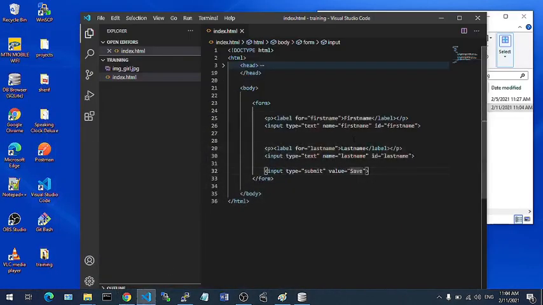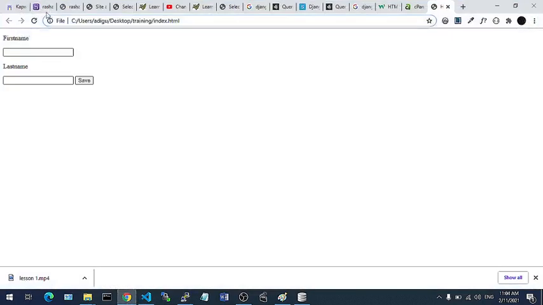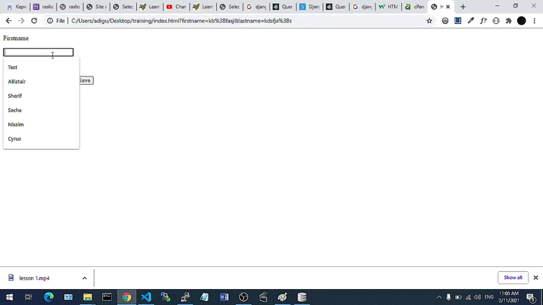Now what happens when we submit the form? Let me type in the first name and the last name, and click save. You can see nothing happens, but if you look at the URL, you will see that our form data has been appended to the URL. The first name is equal to this, and the last name is equal to this. So how do we process this? Or why is the information that we put in here showing in the URL? Isn't this bad for security? We will see this in the next